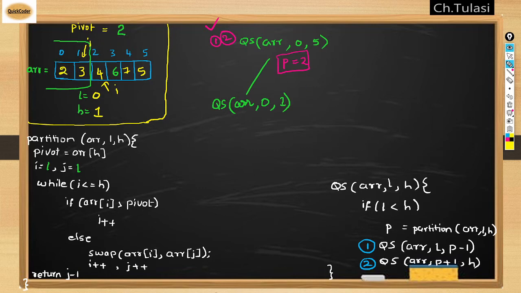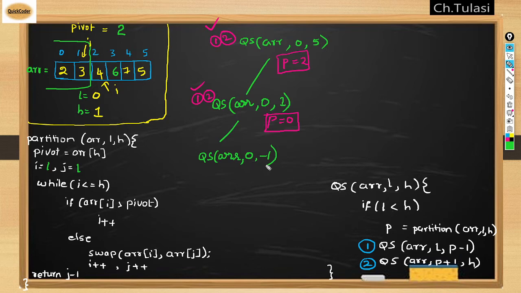So now what will happen is, my P will be 0 now. Now again it is calling the first function. So what will happen now? Again, QS of array, and I am passing L as 0 and again P minus 1. What is P? 0, so 0 minus 1, minus 1. And again it goes to the starting position and it will check whether my L is less than